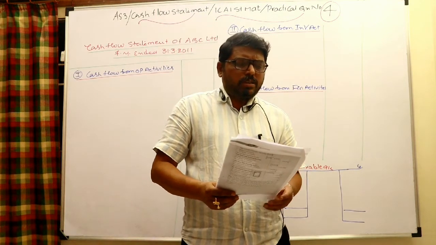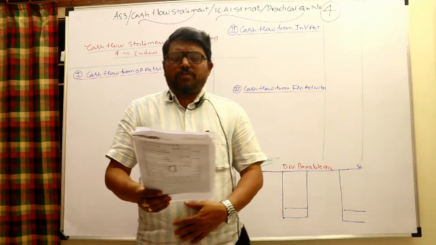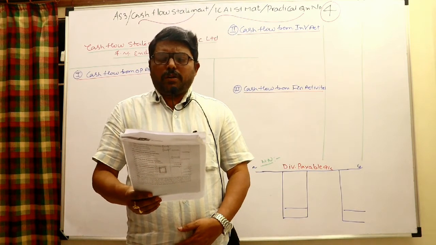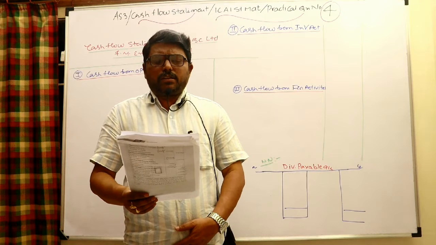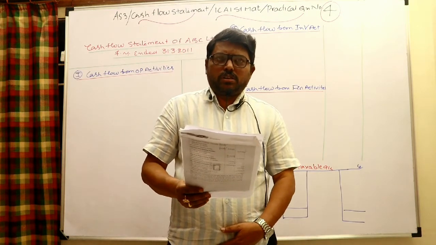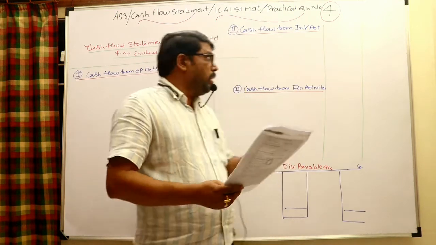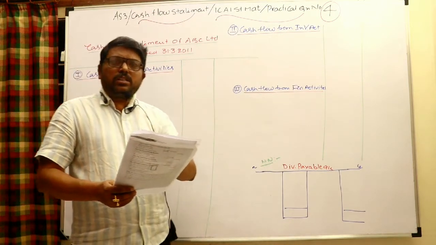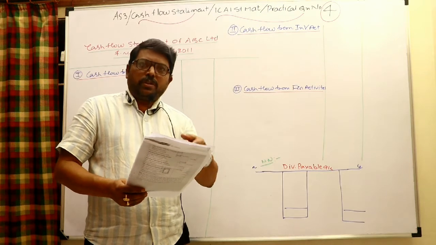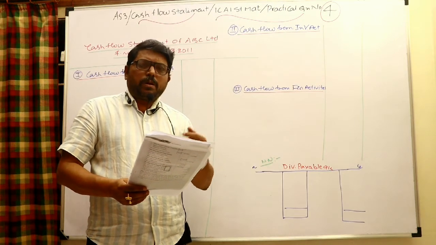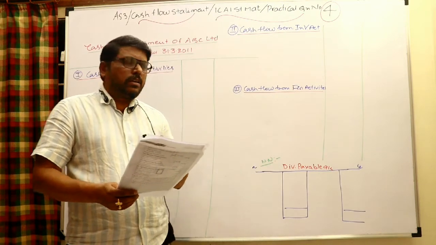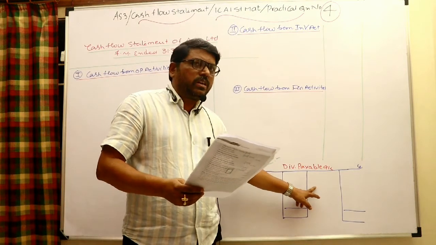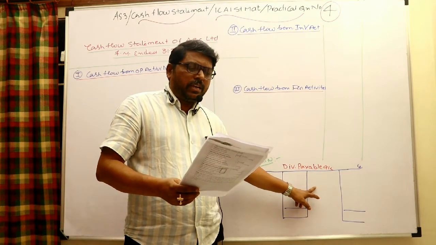Come back to the adjustments right now. 1. Net profit for the year ended 31st 2011 after charging depreciation 1 lakh 80,000 is 22 lakh 40,000. So this is the net profit, you may take 22 lakh 40,000 here. But very importantly, this profit is before appropriations. Before appropriations, how do we say? Let us see that. In the dividend payable, how much dividend is appropriated here through P&L? Let us check it.